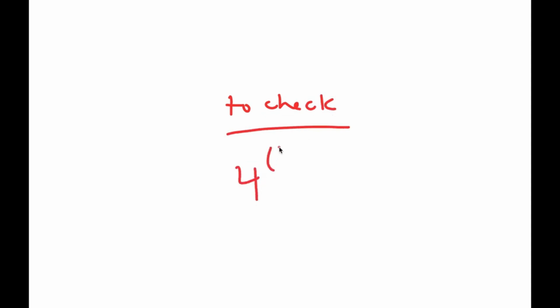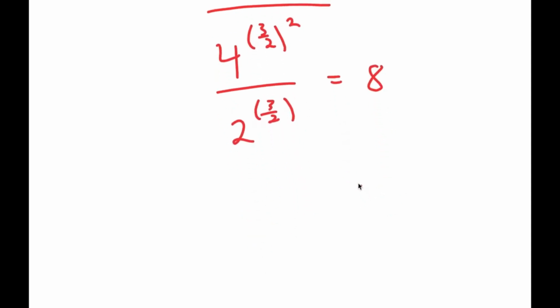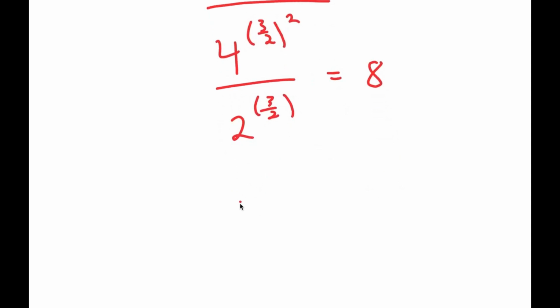So I have 4 to the power of (3/2)^2 over 2 to the power of 3/2 is equal to 8. So (3/2)^2 is 9/4, so I have 4 to the power of 9/4 over 2 to the power of 3/2 is equal to 8. So now to solve this,